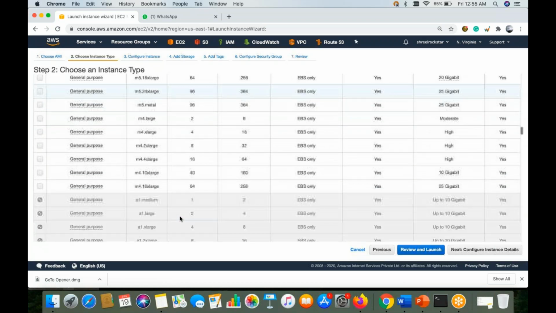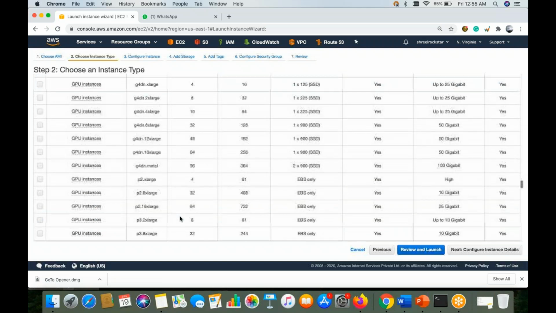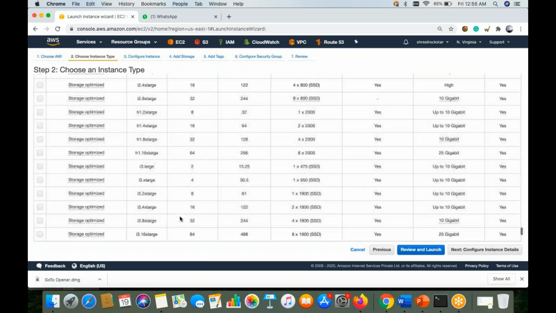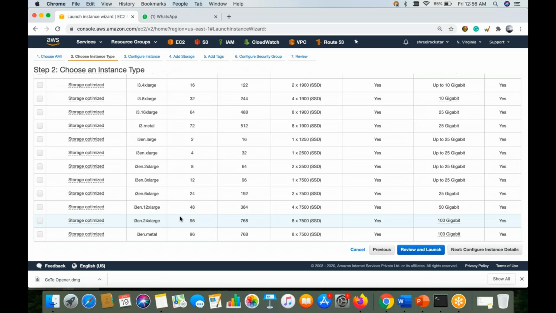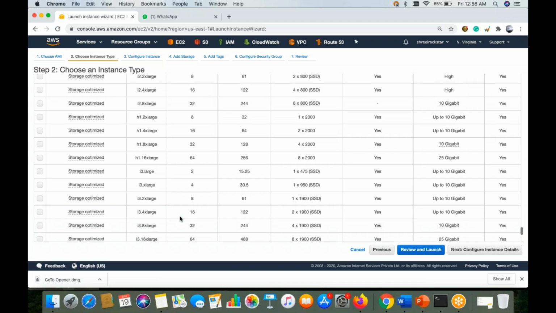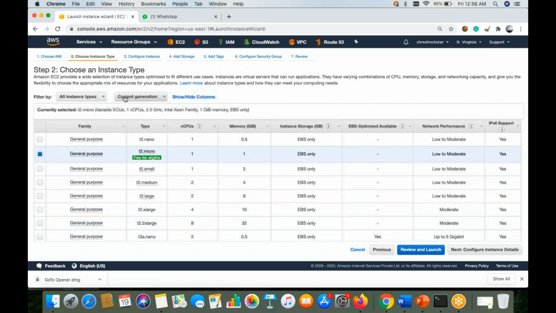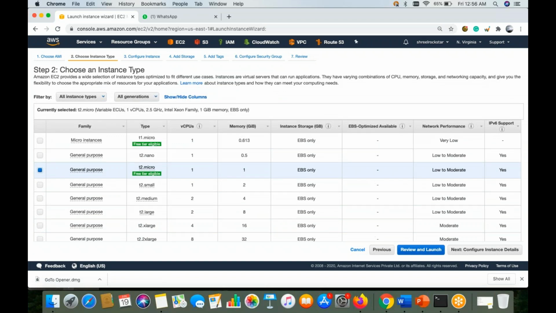I just want to show you guys, there are a number of instances available according to the utilization and the requirement. We can go through and select the appropriate resource for us. If you see here the filter, there are current generation and all generation.